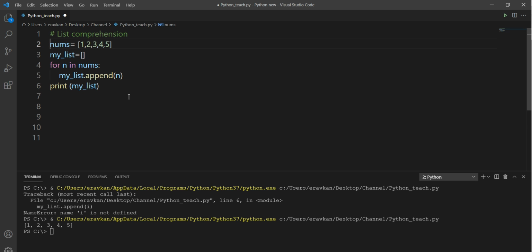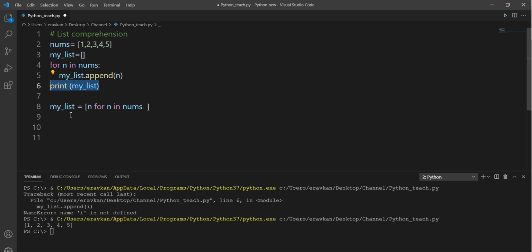But how will I do this by using list comprehension? Let me show you. We will create my_list, the list we want to create. For list comprehension, you have to use square brackets. Then what you want to append in my list: I want to append n, and this n will come from for n in nums, looping in the nums list.